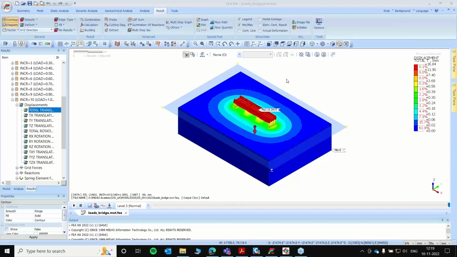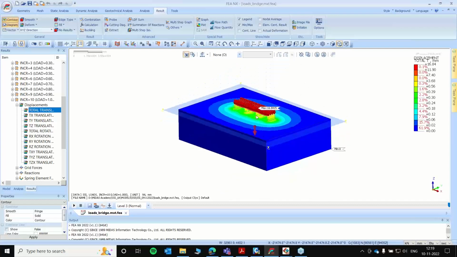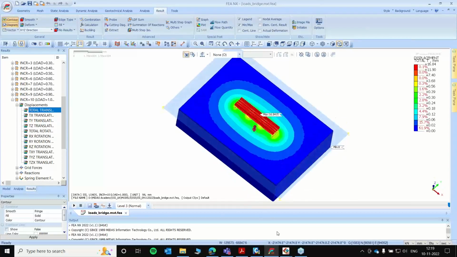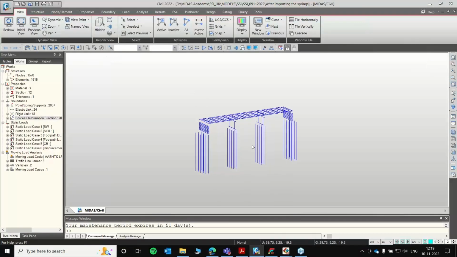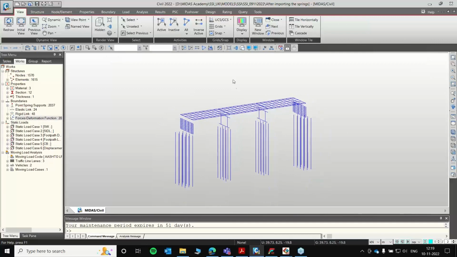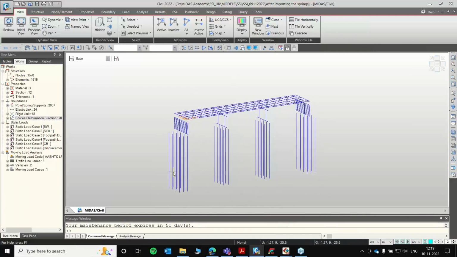Now, to reach here, as we have mentioned, we are doing SSI, so we have to start with the civil model, and we'll plan to do something like this. So what I'm going to do now is open up Midas Civil. The bridge along with the foundation elements are seen here. The piles, diaphragms, the abutments, and then the span girders and the cross beams, the piers, pile cap, pier cap.